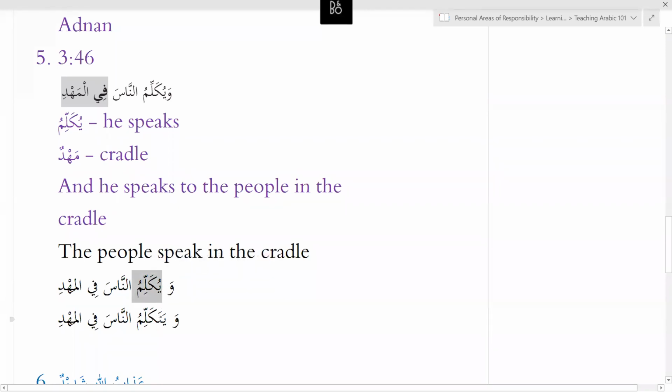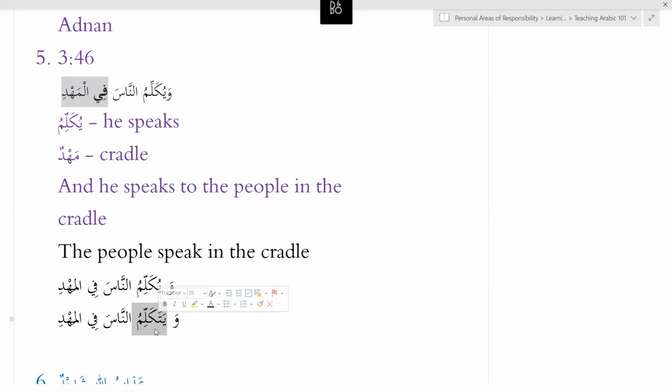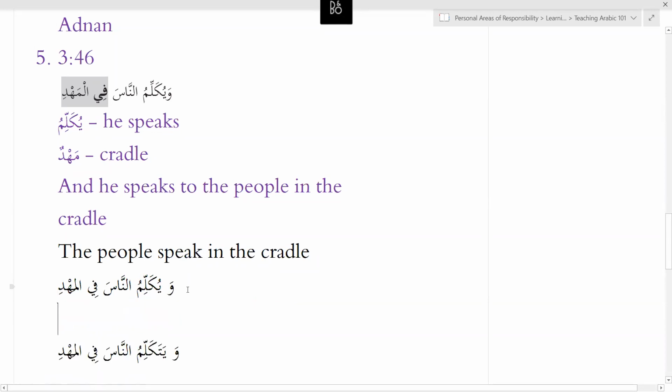Yukallimu means speak. Yatakallamu means speak directly. One means he's speaking face to face. He's not writing, he is not sending a messenger, but he's speaking face to face. That is what yatakallamu means. Still, what this sentence will mean is very similar: instead of speak, I will say speak directly. You should not change the verb. So this is speak. You need to change something else, Zahan. What do you need to change?